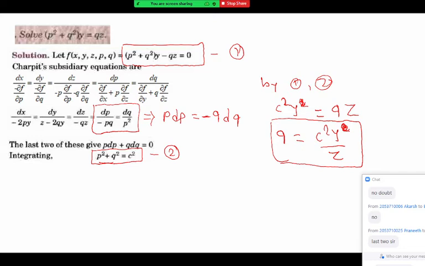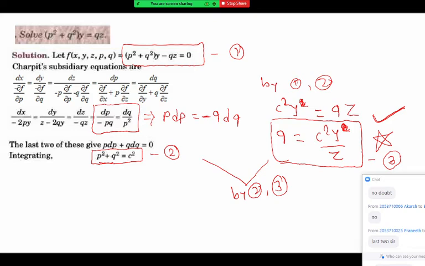Now how to get the value of p then? Our aim is to get the value of p and q in terms of x, y, z. So we got q in terms of x, y, z. One thing we achieved. How to get the value of p in terms of x, y, z? If I say this is equation 3, which equation should we use? By 2 and 3, can we?